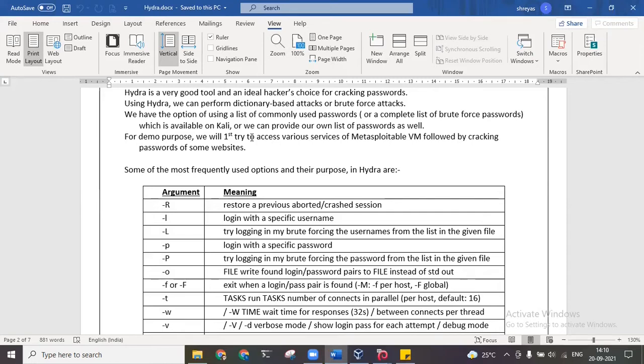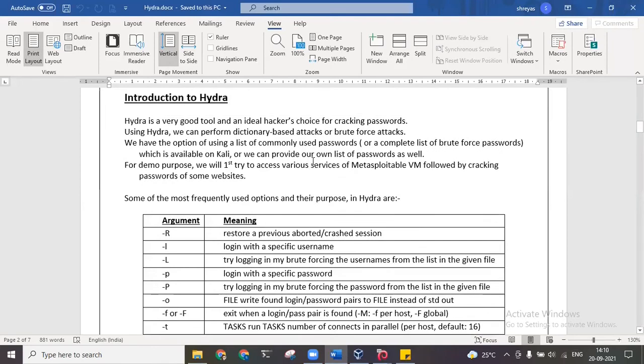We specify that, and then we give the list of usernames and passwords, and Hydra will perform a dictionary based attack or brute force attack depending on the list which we give. It will try all those possible combinations of username and password. Either it will show the result, or if you want, we can store the result in some file. So this is the basic introduction about Hydra.